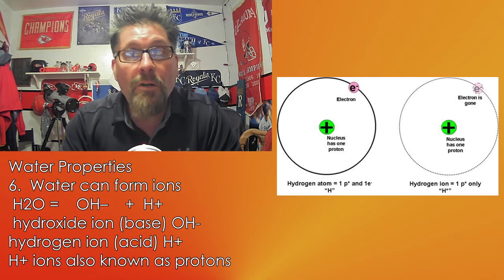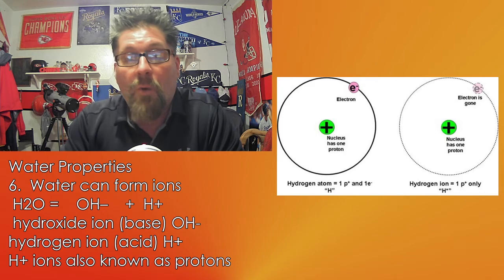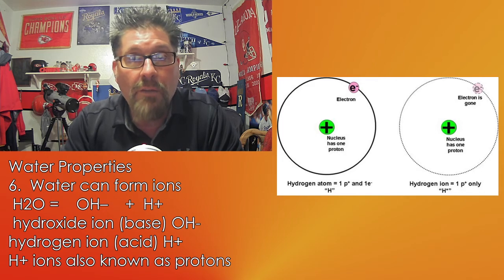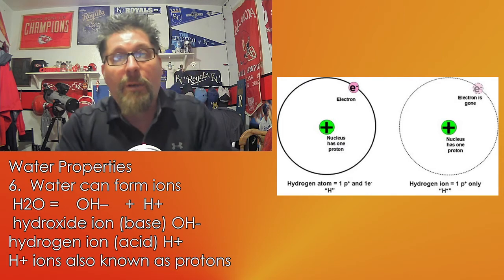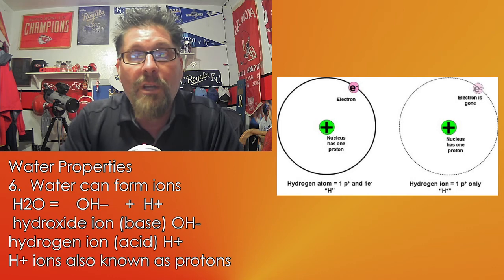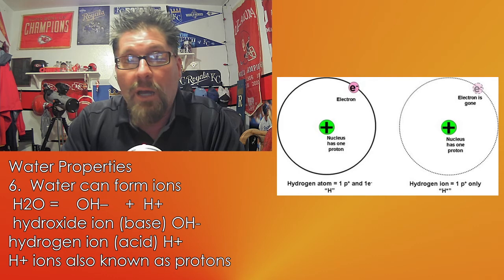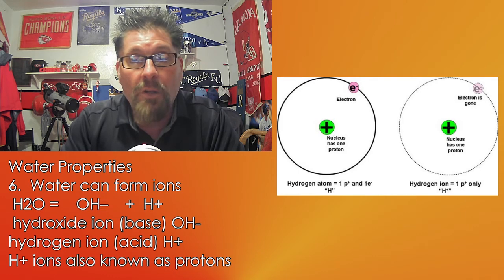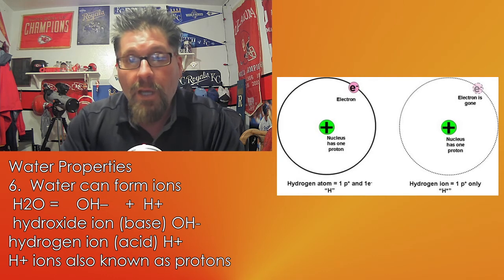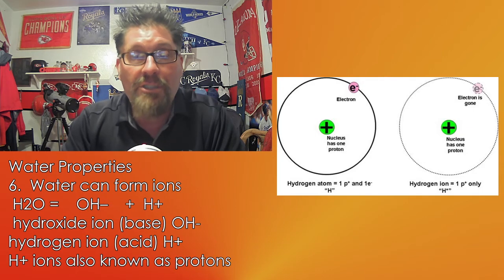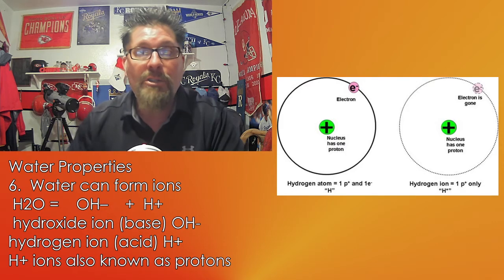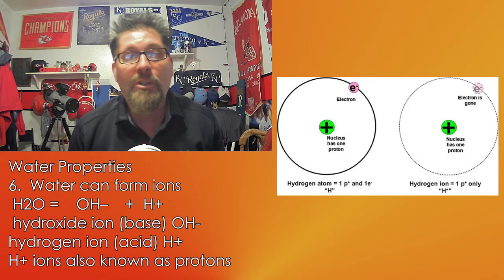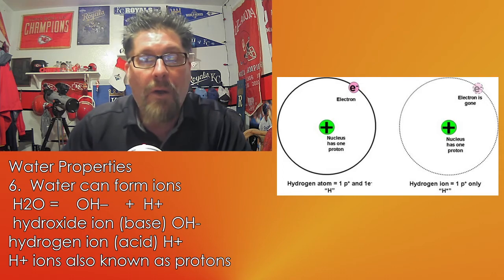So when the water does separate, one part of it comes out as OH negative because it has that one additional electron, and that's what is a base. When we talk about acids and bases, a base is going to be the OH hydroxide. The hydrogen by itself, with only the proton, okay, that's what's going to become an acid, a hydrogen ion. And of course, as I mentioned, H pluses only have that proton, which generates a lot of power and potential.